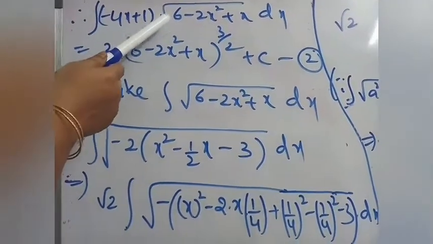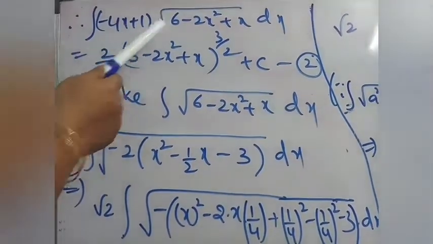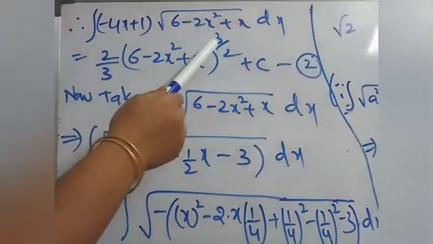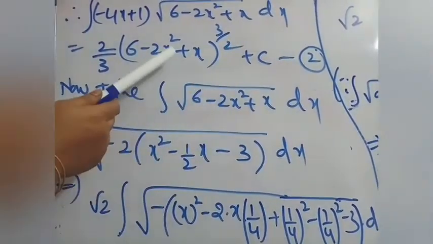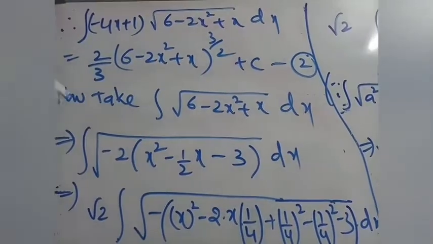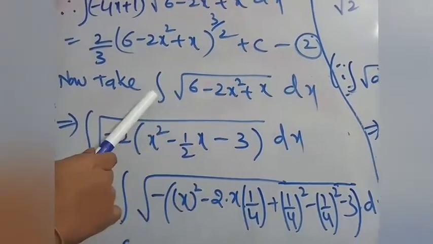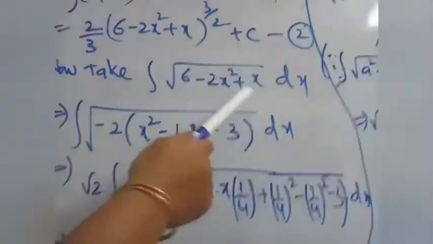So now see here, root of f of x into f dash x term, that is 2 by 3 into f of x whole power 3 by 2 plus c. So this is the first integration value. After that, take the second integration value, that is integration of root of, it is in the form of